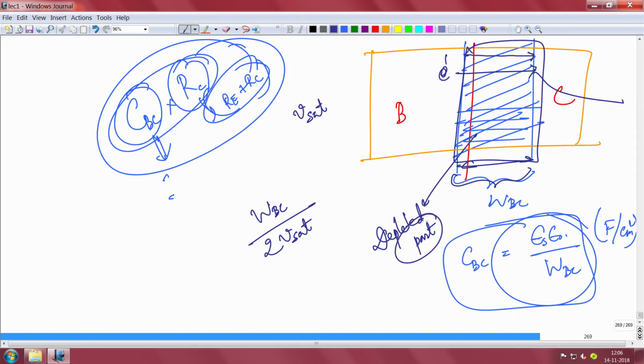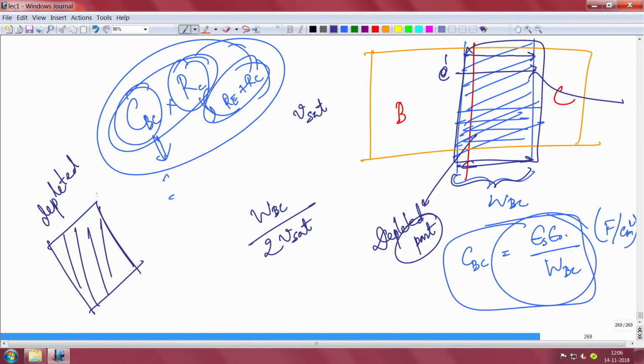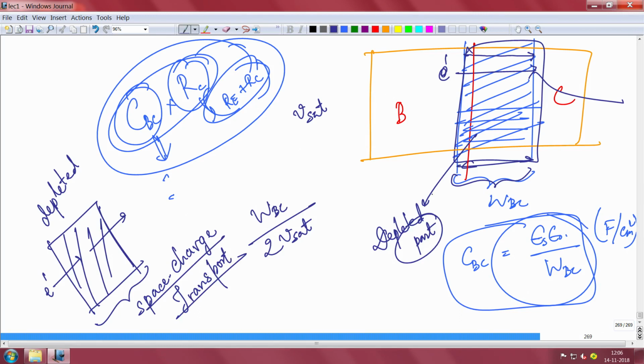Whenever there is a depleted part, that means there are no free carriers there. Suppose this is your depleted part, which means there is almost no carrier concentration, and an electron is moving through it. Then the transport is called space charge transport. Space charge transport is a type of transport, just like the drift and diffusion that we have learned in the course, if you remember. Space charge transport is a specific type of transport, not exactly drift diffusion, where the electric field is dragged by the carriers that are moving in a depleted film.